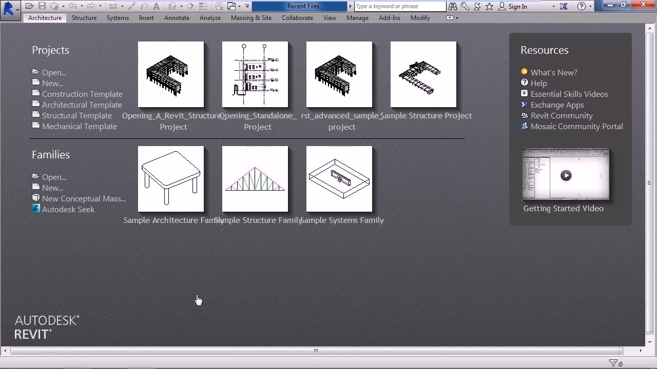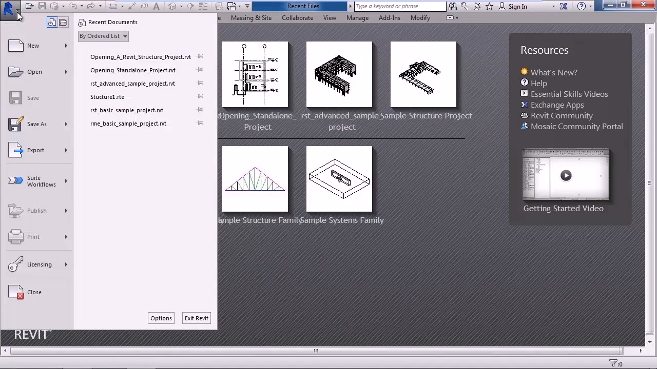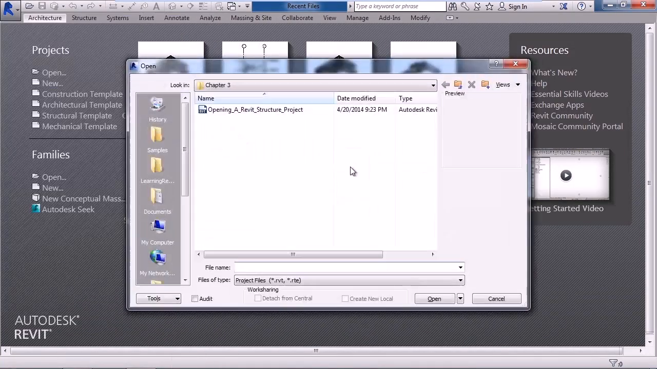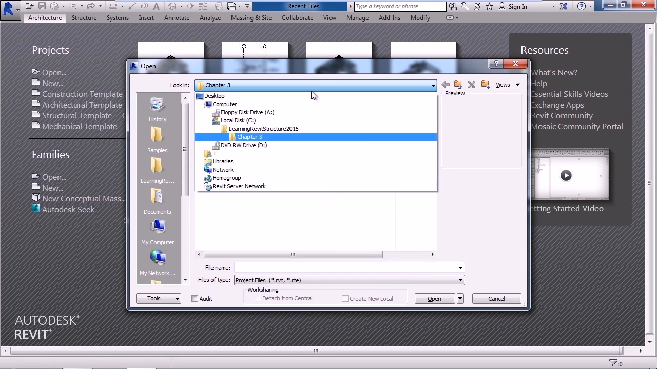You can also go and click Open on the left, or you can go to the large R in the upper left, hover over Open, and click Project. This will bring up the project screen. Here you can browse your network, your DVD drive, or any other location to find the file you want to